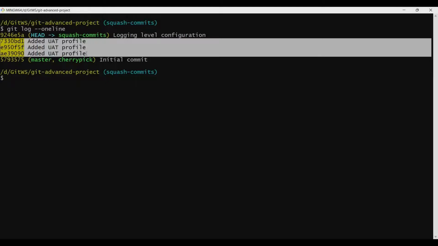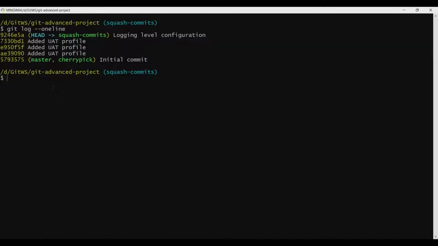Now maybe there was a typo while committing, and to fix that I made another commit, and then to fix another typo I made another commit, or something like that. So it caused multiple commits for a particular logical change that I wanted to make. If there was a way where I could squash these 3 commits into a single commit, that would make the Git history a lot cleaner than it is currently. So let's see how we can do that.